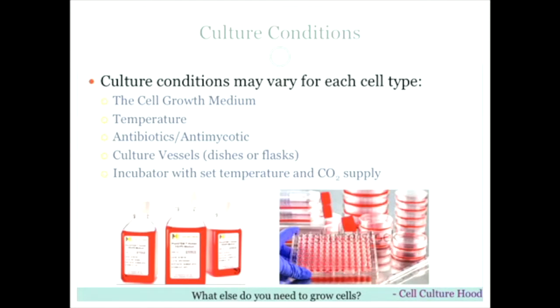Temperature: most mammalian and human cells grow at 37 degrees. It's the optimal temperature for cell lines, but once you come to that point, you have to check exactly at what temperature your cell line does better. Celsius, yes, everything is Celsius.